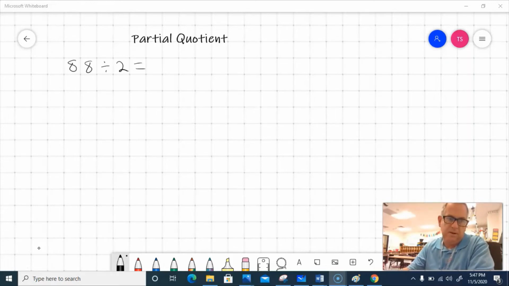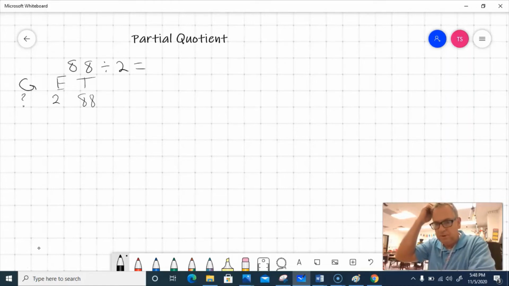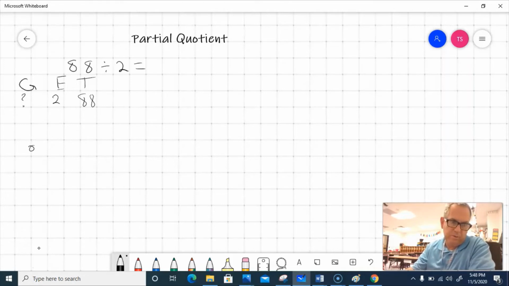So in that case, I have the groups again, I have the each, and I have the total. And on this problem, I know what I'm trying to find out is groups. I don't know how many groups I can do. I don't know how many people I can give balloons to. I know that I'm going to give each person 2, and I know I have a total of 88 balloons. So typically when I'm trying to figure out how many groups there are, there's 2 main ways we do it in the 3rd grade. It's partitioning, and that would be, if I drew all the balloons,